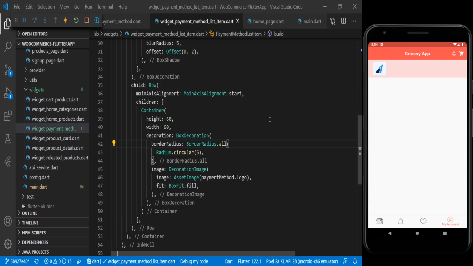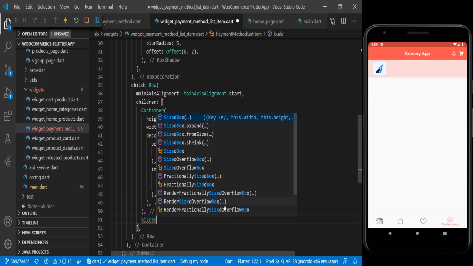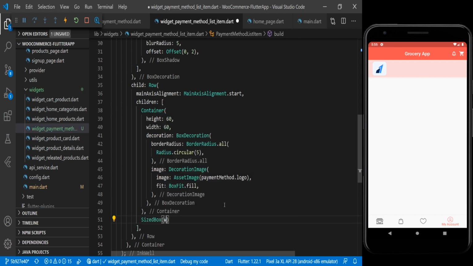Now you can see here image is coming here. Now we will move further, and here we are using here size box, and width we are using here 15.